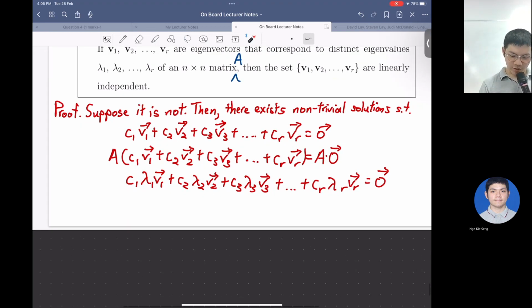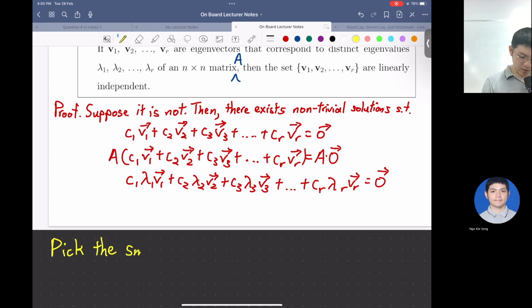So how do we throw something out? Meaning, let's pick the smallest k less than or equal to r such that